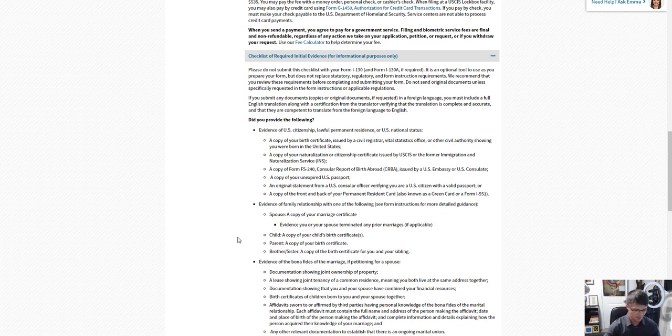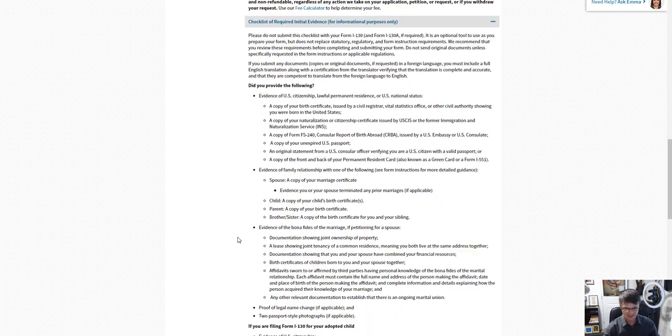While you're filling out the application, you can also think about, okay, I need this marriage certificate, I need this birth certificate, and stuff like that. And you will notice for different types of relatives, if it's for children, you would need different documents. If it's for a spouse, you would need other different documents. For example,